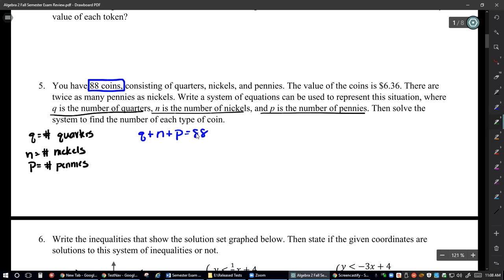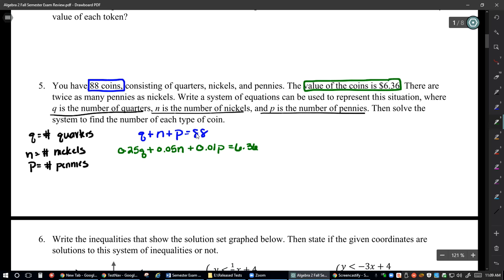Then I also know that the total value of the coins is $6.36. So this is where their value comes in. Well, a quarter is worth 25 cents. So 25 cents in a decimal is 0.25 times the number of quarters plus nickels are 5 cents, so 0.05 times the number of nickels, and pennies are 1 cent, so plus 0.01 times the number of pennies. That should add up to a total value of